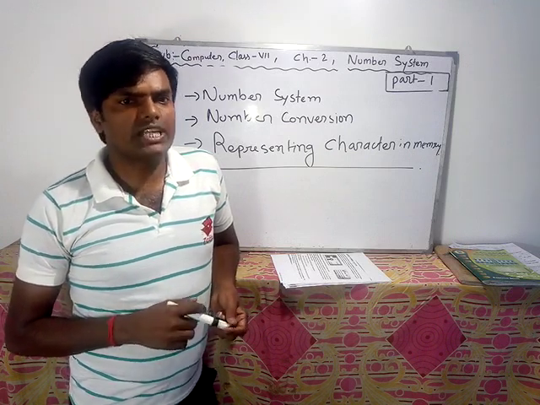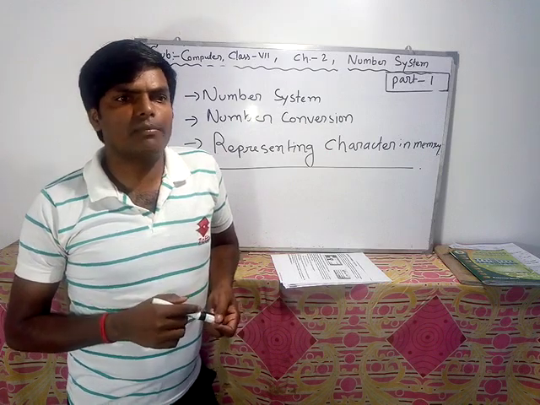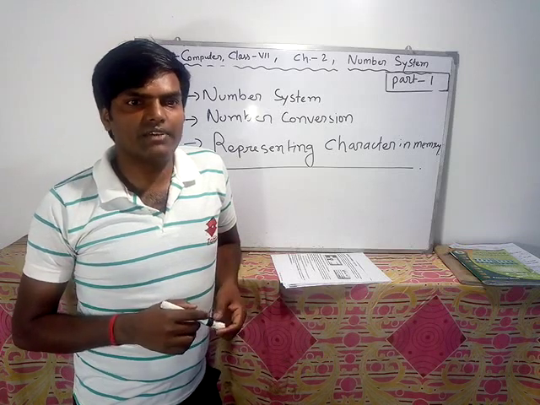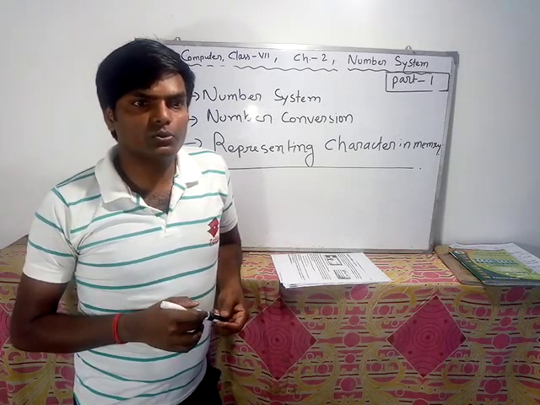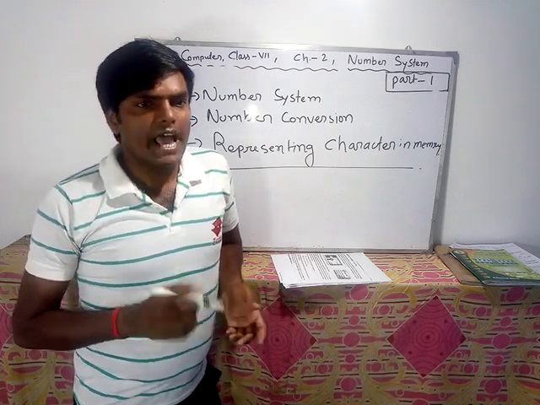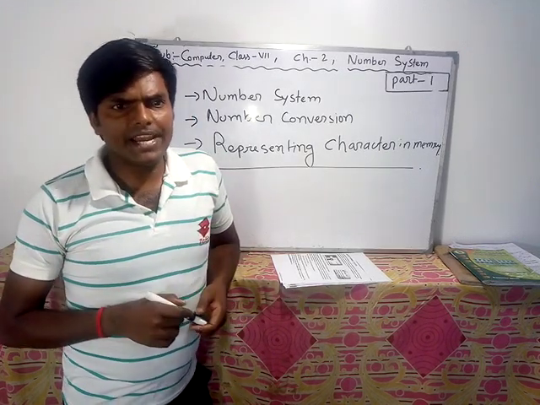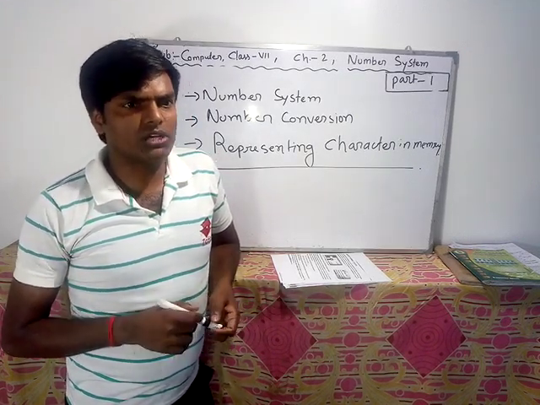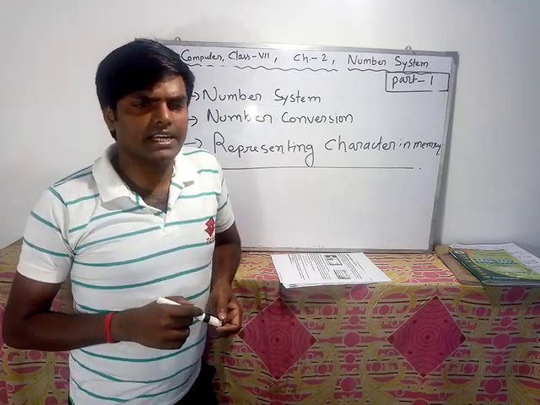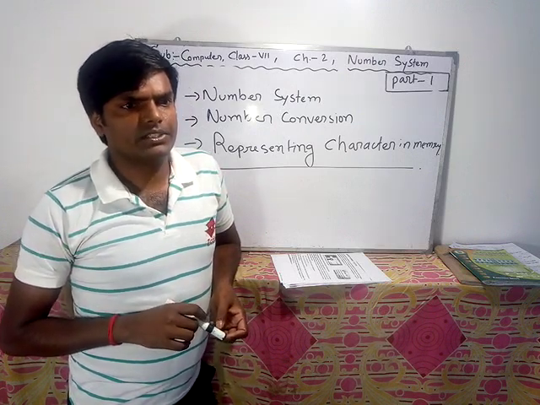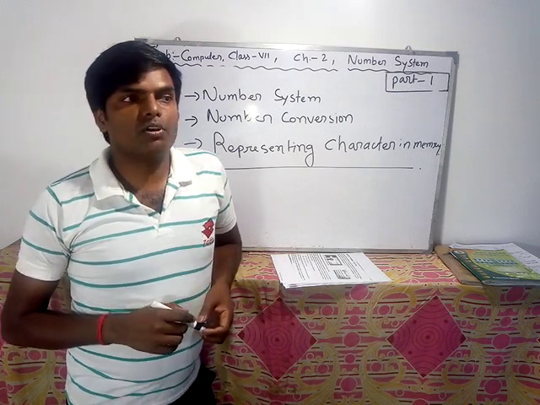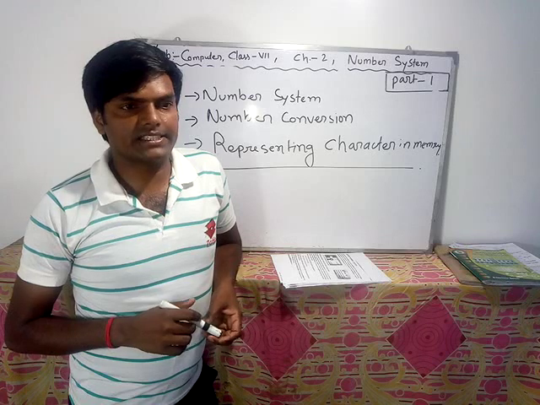Early number systems were non-positional in nature. They were non-positional because the digits in the numbers do not have any positional value. A positional value is a value that corresponds to the position of the digit in the number. As these numbers did not have any positional value, arithmetic calculations were difficult to perform. One of the most widely used non-positional number systems is the Roman number system, with symbols like X, L, V, etc.